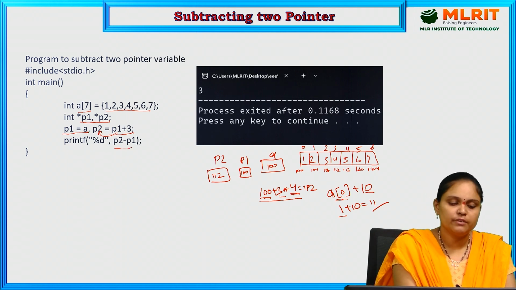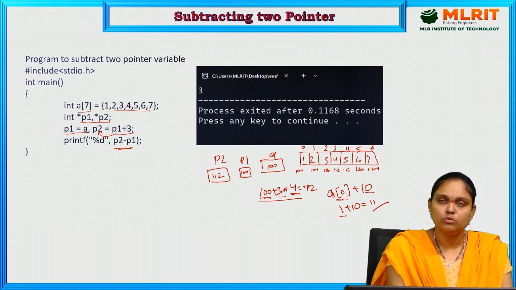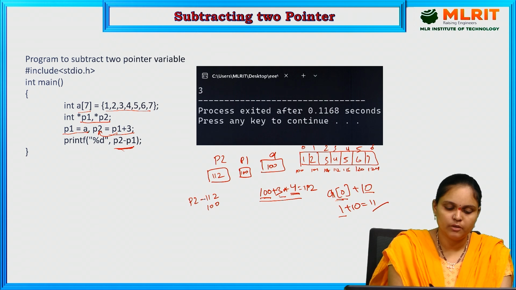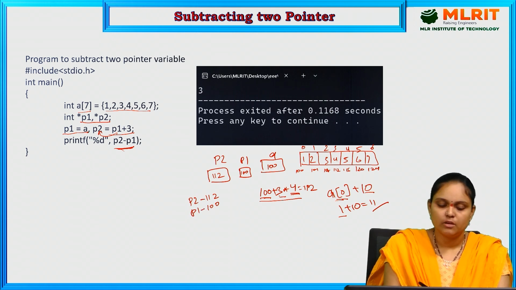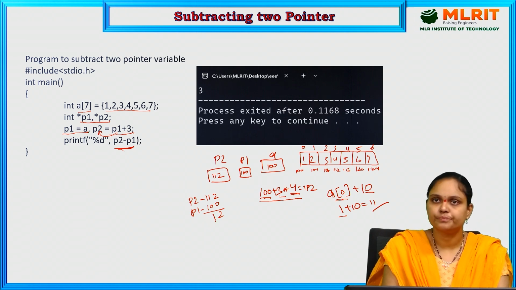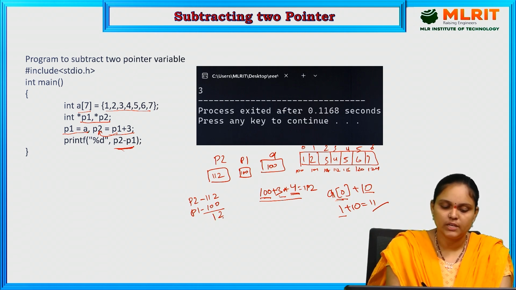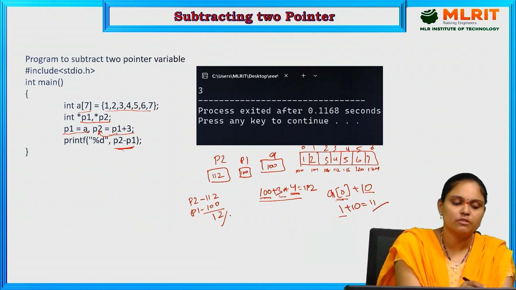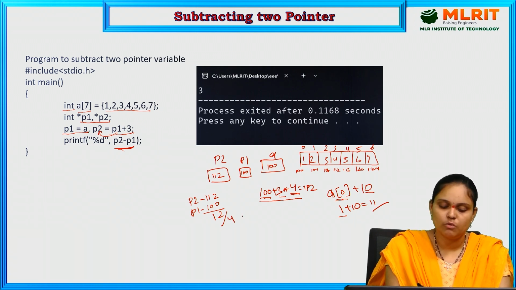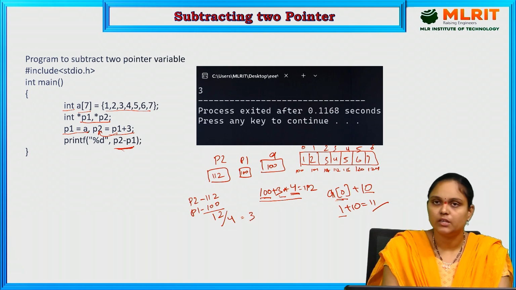And we are finding the difference. We are subtracting the two values, two addresses. So the first value we have is P2 minus P1. This is P2 and this is P1. So if we subtract these, to this 12, we are dividing with the size of the data type. The size of the data type that we are using is int, so the size of the data type is 4. So 12 by 4 is equal to 3, which means